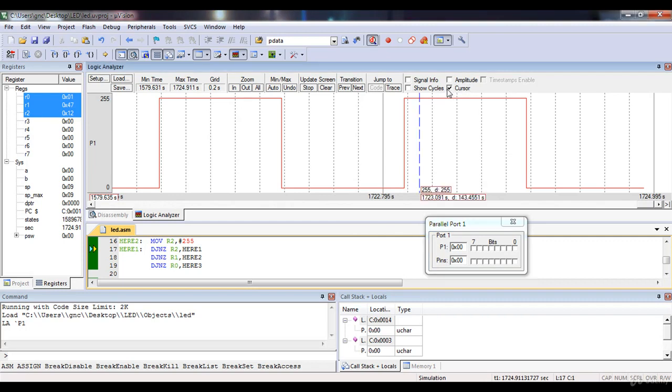Now to see the delay, use this method, and you can see here that delay is nearly equal to 0.99 second, as you can see here. Okay, so approximately 1 second delay you got here.